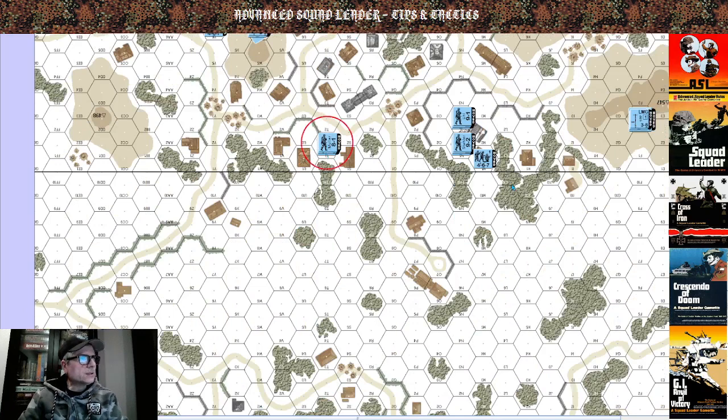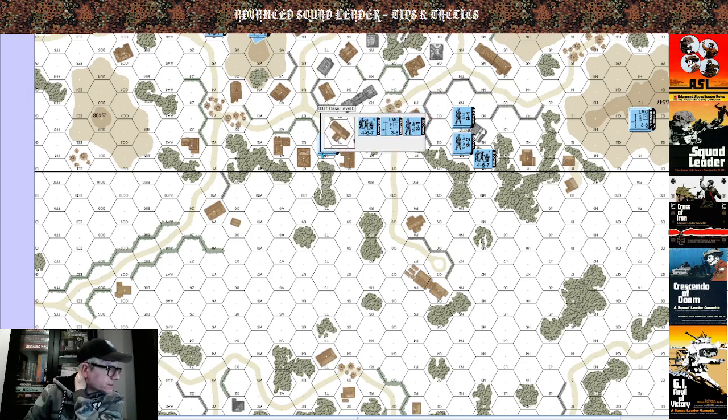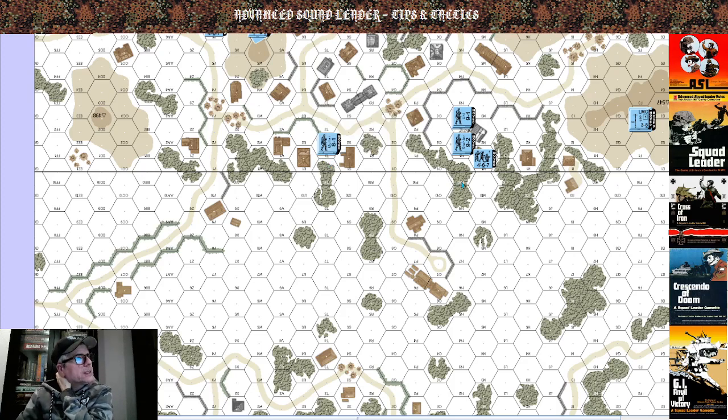His covered arc is not limited to one direction or another. But getting rate on LMG is pretty hard. The other thing you can do is even actually set up Stahler here, and since it's the Germans that move first, during your prep fire phase, you can try to entrench, and that's something to think about. I never thought of it before,